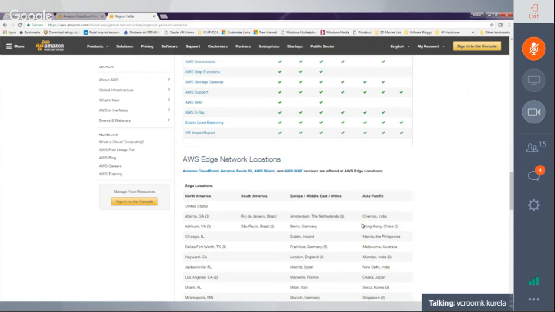In India, we have three edge locations. You have Chennai, you have Mumbai, and you have New Delhi. So from India, if anybody is trying to connect to AWS cloud, the request is routed to the nearest edge location. So in my case, from Hyderabad, my connection is made to the Chennai edge location. From Chennai edge location to the AWS data centers, they have